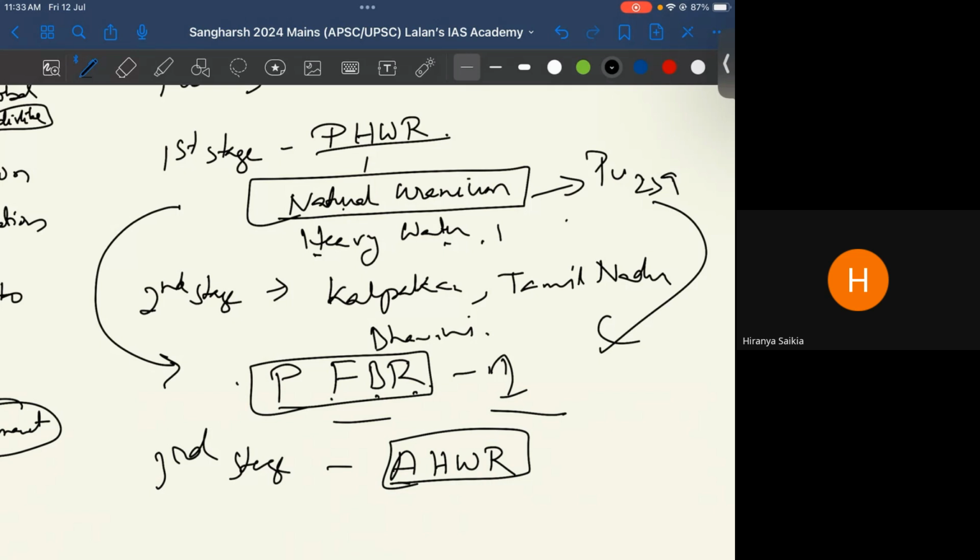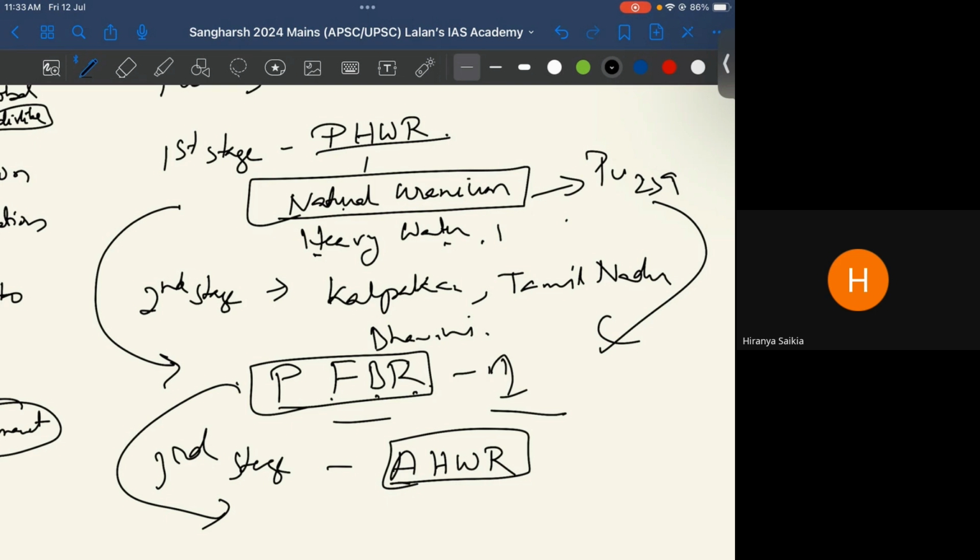Plutonium-239 will again generate uranium-233, and uranium-233 along with the thorium we have in our monazite sand will be used as fuel, and that is how we will be able to attain self-sufficiency in nuclear production. So these are the three stages of the nuclear energy program of India that was conceptualized by Homi Jahangir Bhabha. Basically it talks about